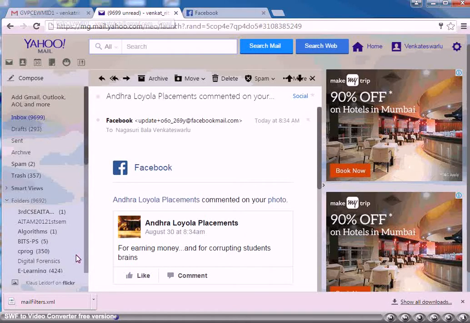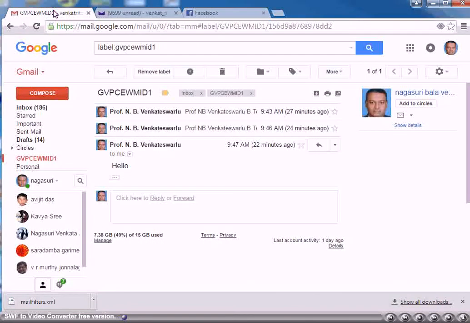For this, I am now switching to my Gmail account. As I have already logged in to the Gmail account, I have simply pressed compose button. I want to create an email and send it to this Yahoo account where that folder and that filter are created.